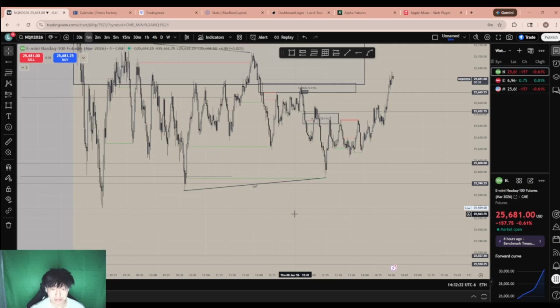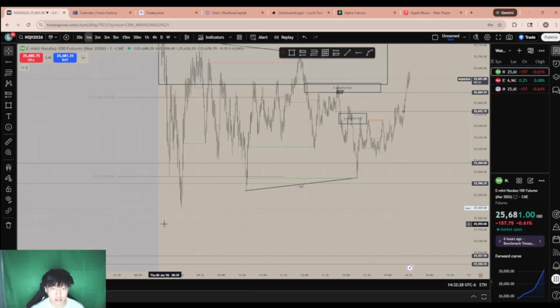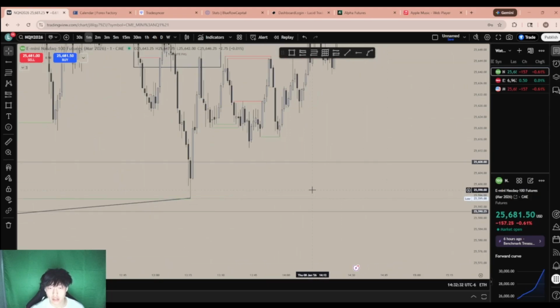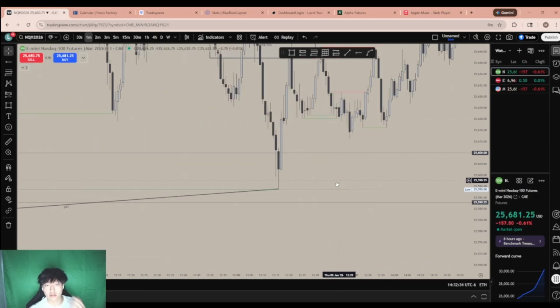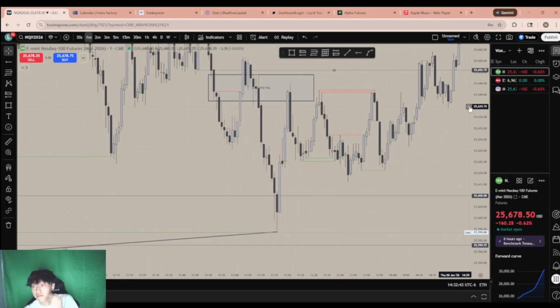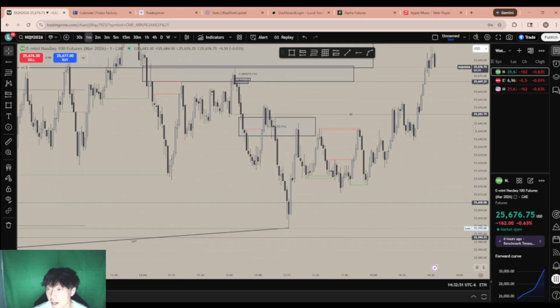But anyways, that trade would have played out. I think I had it actually down here, or maybe even all the way down here, but I recognized there was an SMT already. I didn't even take this trade, I was just watching and sitting on my hands. I think I actually came back and it was down here because I had to go let the dogs out and smoke. But yeah.